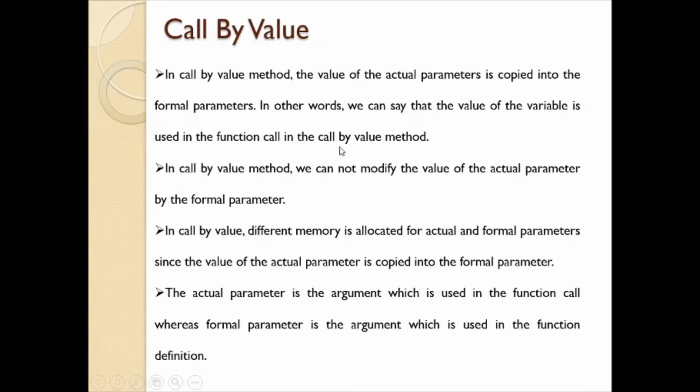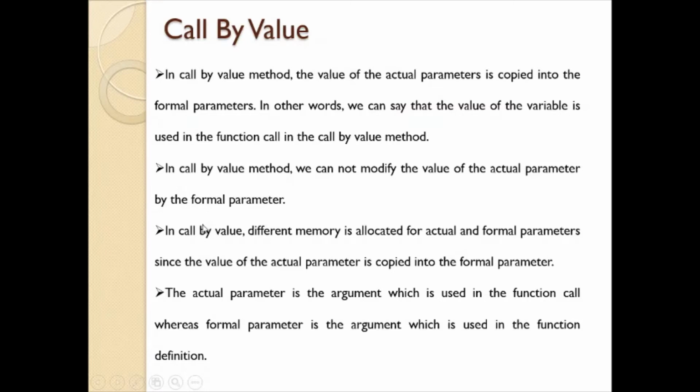So whenever we are calling a function, we are going to pass the values. That is nothing but call by value method. In call by value method, we cannot modify the value of actual parameters by the formal parameters.